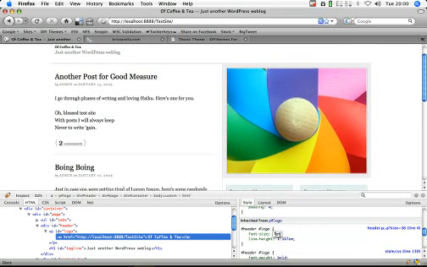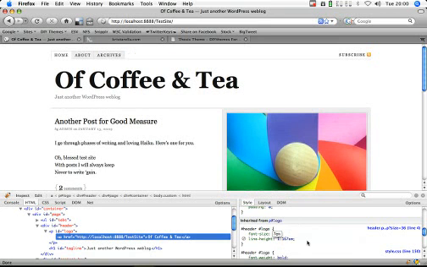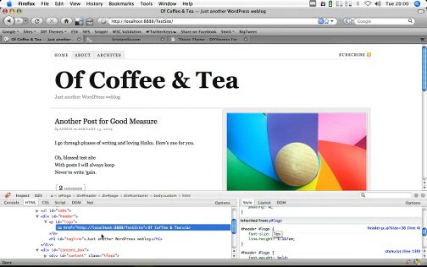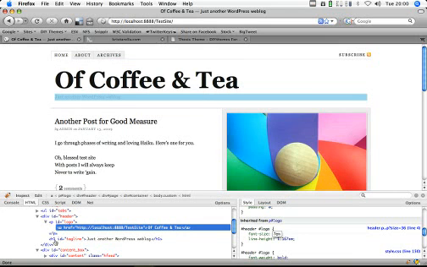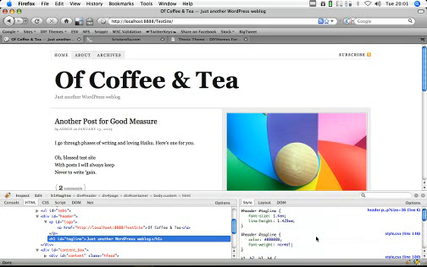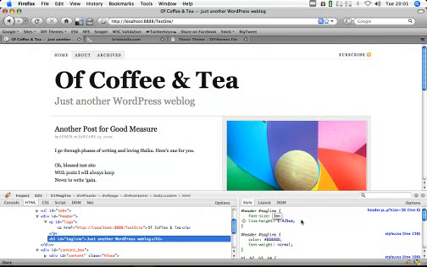So we can change that, and we can make it really big if we want to. And then the tagline gets a bit washed out, so maybe we should change that, and instead of using inspect, we can also click on the elements in the HTML pane to select them and deal with their styles on the right. So now we can change the font size of the tagline on the right to, let's say, 3M,